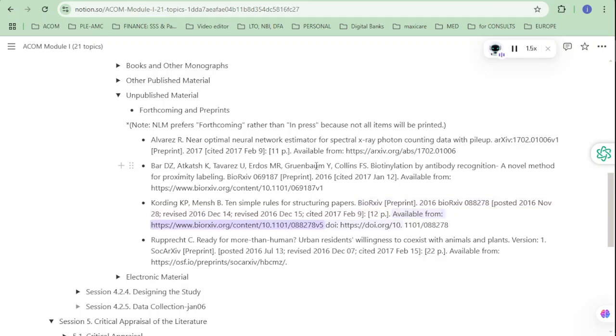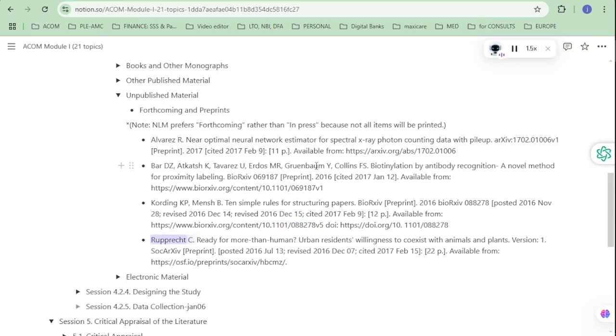Available from https://www.biorxiv.org/content/10.1101/088278v5 doi https://doi.org/10